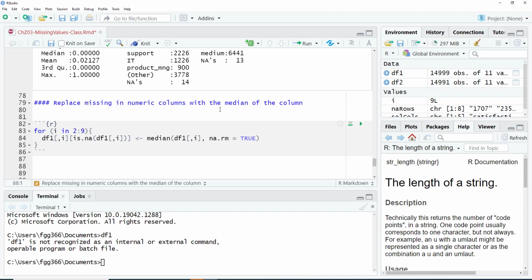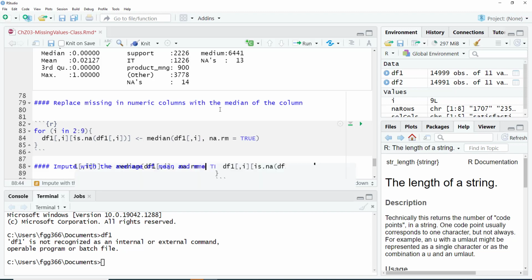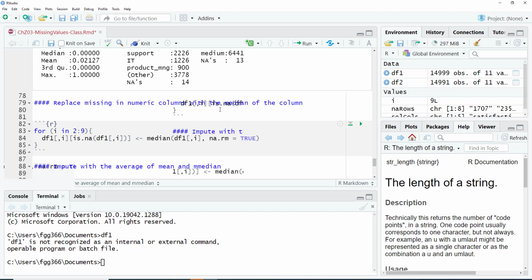Now what if you want to impute with a value that you calculate? For example, impute with the average of mean and median, right?